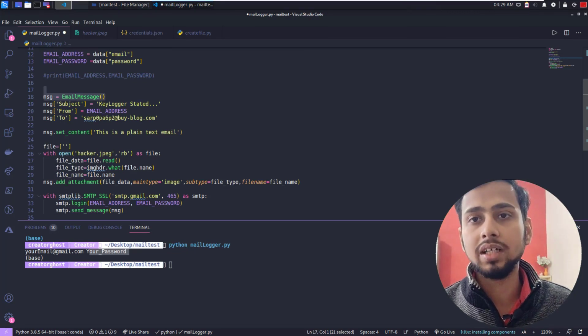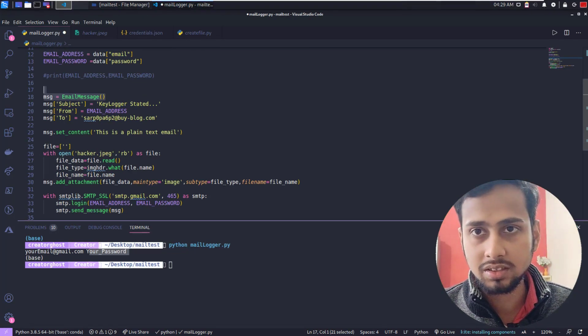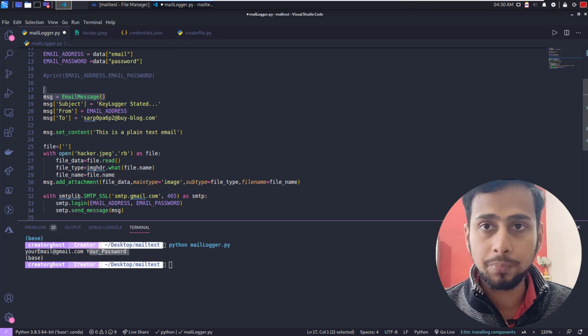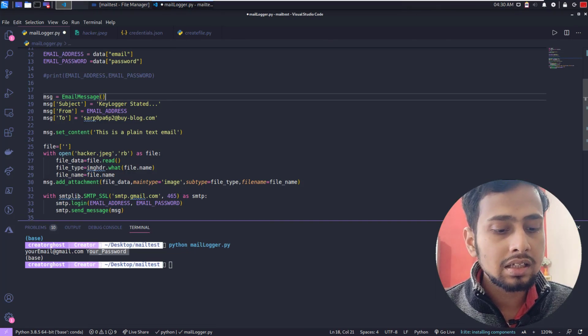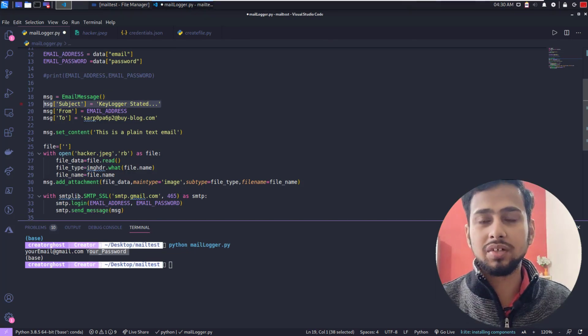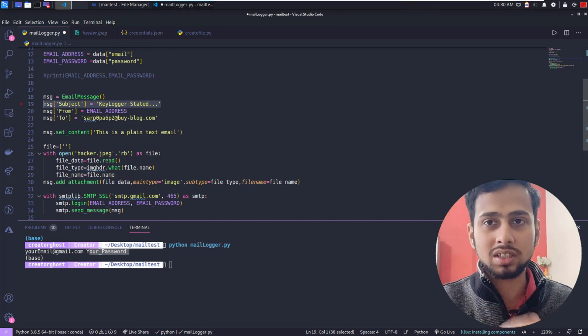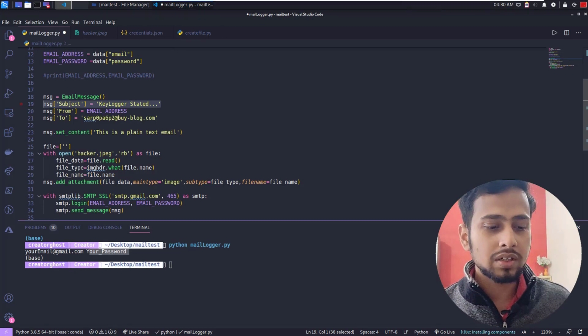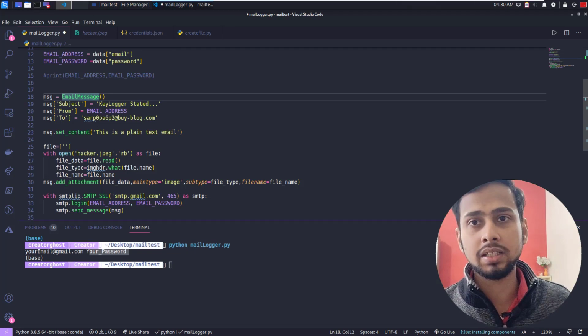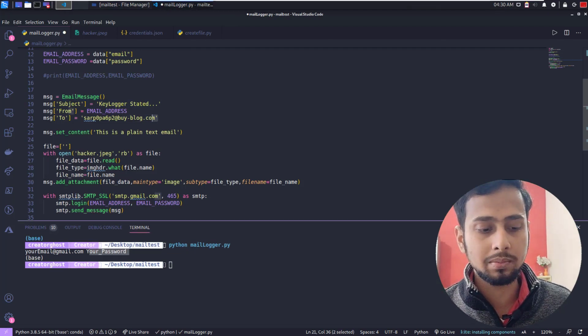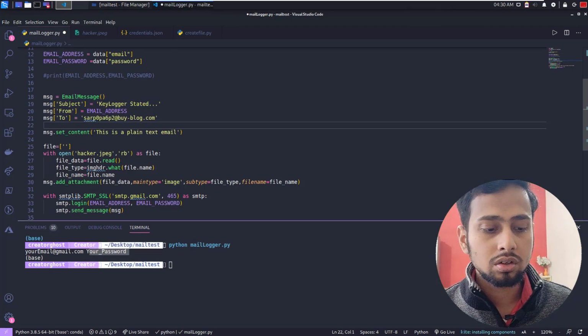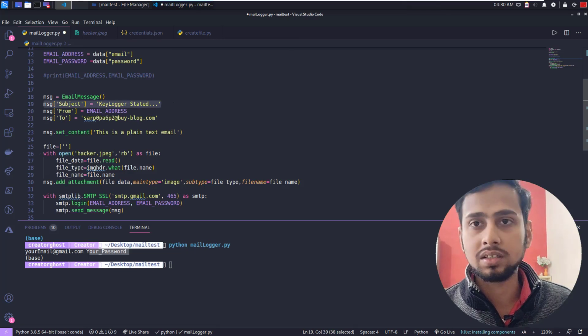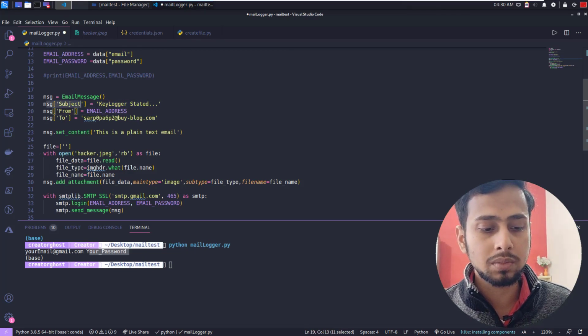First of all, we have to create the object of our email message. That is for sure, because we have imported this class. And then here is a very easy way. Just as we use a dictionary, we just initialize the values. This can be in any order, it does not need to be the same, but you have to mention all of them. So for subject, you just mention the subject by writing it; this key must be the same.